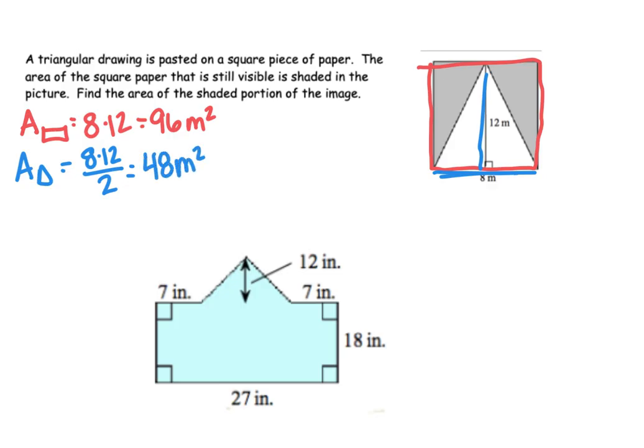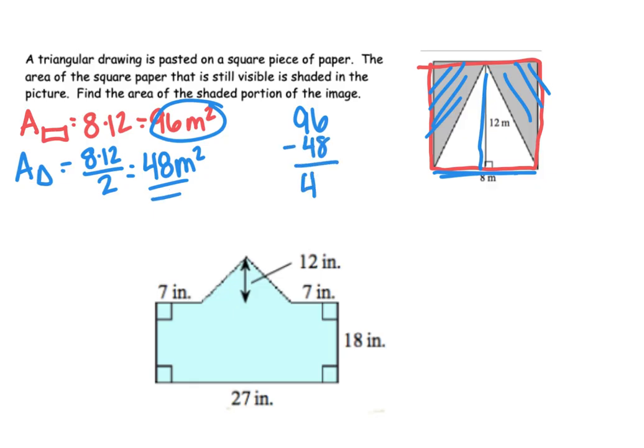So to find the area of this shaded part, we're essentially taking the area of the entire piece, 96, and we're subtracting what we covered up with the triangle. 96 minus 48 gives us 48 square meters. That one works out perfectly to be half of it because it is a triangle covering half of its equivalent rectangle. Our last one down here is this funky looking shape that we can split into a rectangle with the